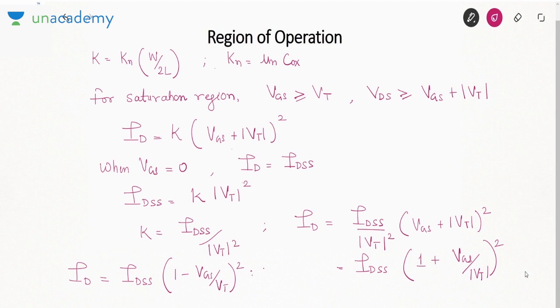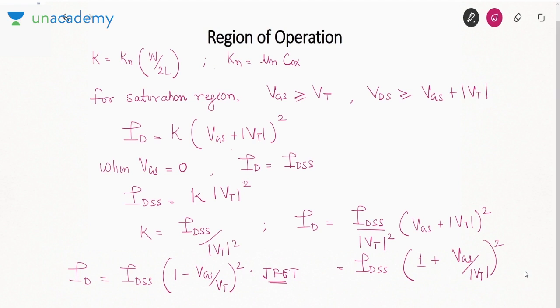This same equation is used in JFET. So that is the same equation that is used in depletion type MOSFET. Is it fine? That means the current equation of depletion type MOSFET and JFET is exactly the same, but in MOSFET it occurs in the saturation region. That is why the analysis of depletion type MOSFET is the same as JFET, but it is not asked in the GATE exam.